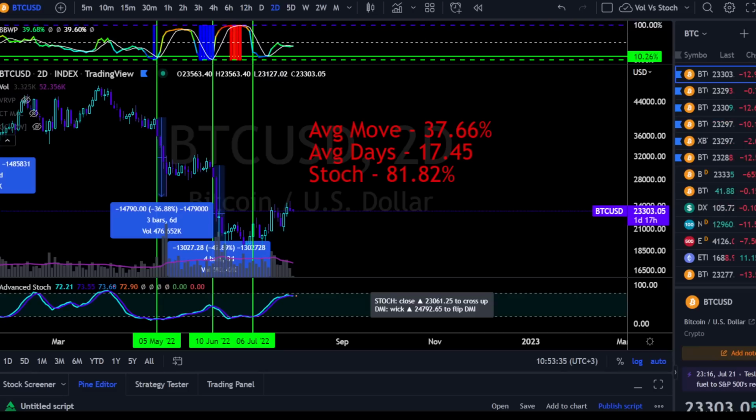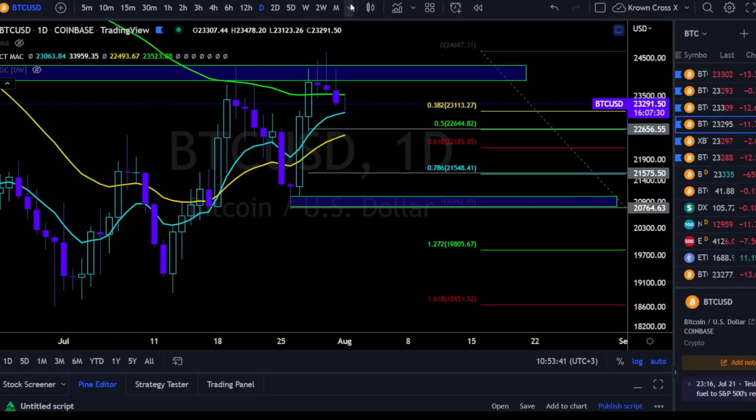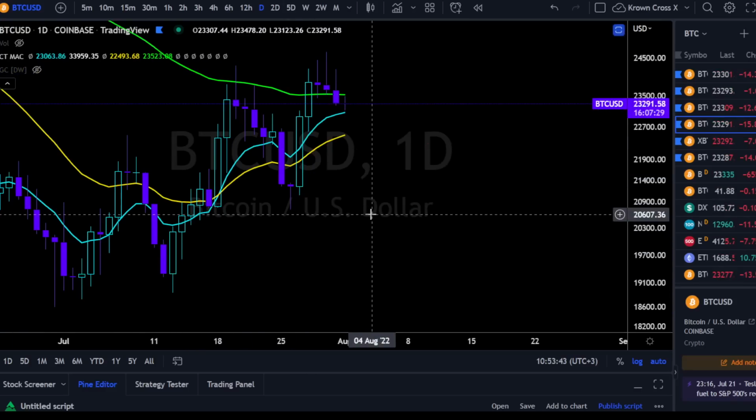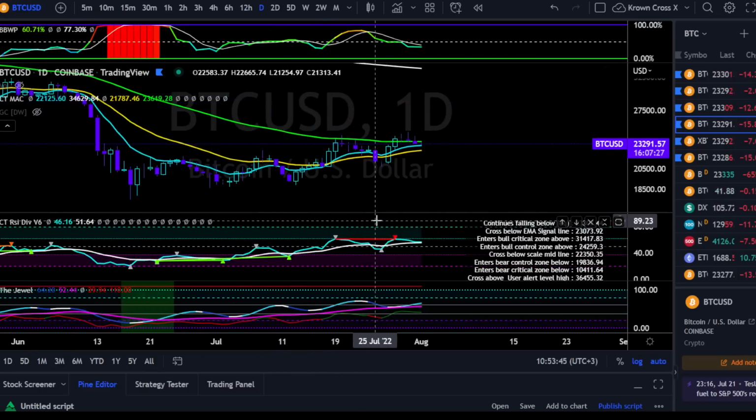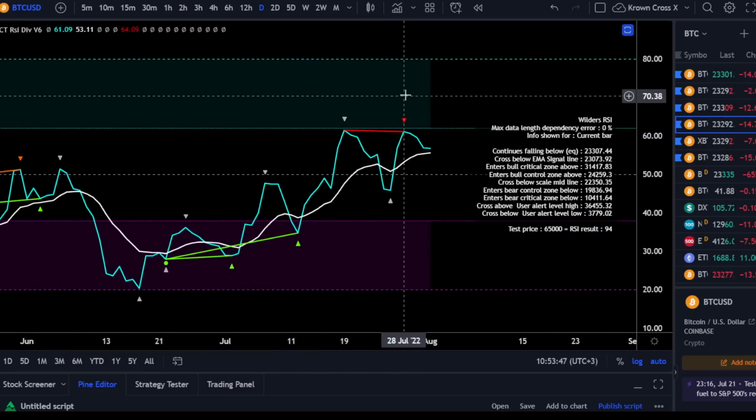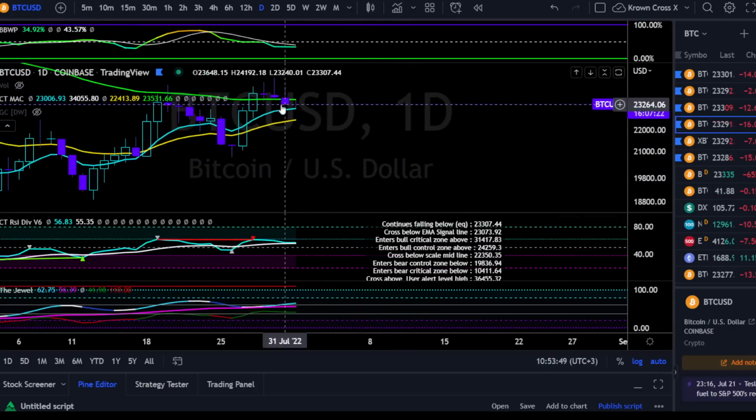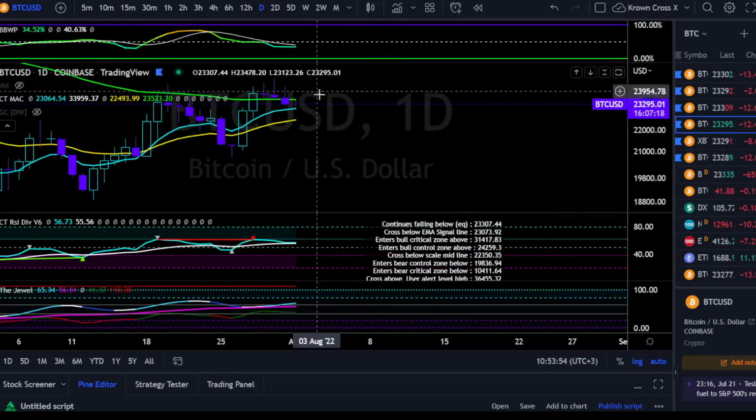Now, with that in mind, I wanted to bring up a few of the things that I think corroborate that story. So for that, we need to go over here. And let's actually go to the daily. Yes, we're already on the daily. And what do you know? The daily time frame does have some bearish divergence in play right here. I'd actually want to see this one still close below yesterday's low, which is 23,240, to fully confirm that. But yeah, that's not the most bullish thing of all time.